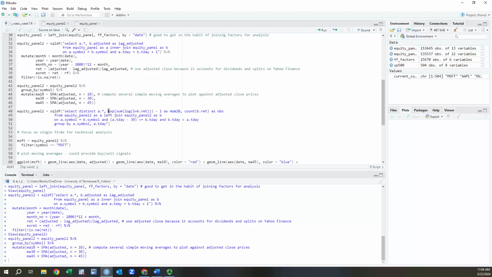I define momentum as a geometric average of returns,